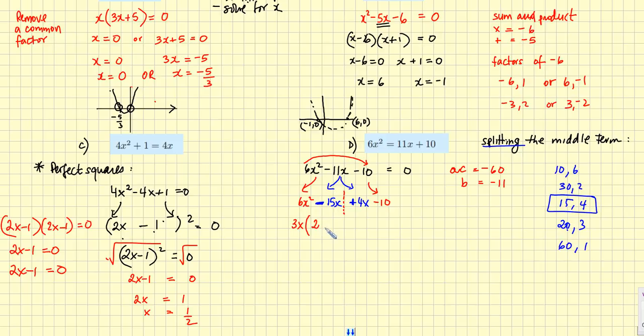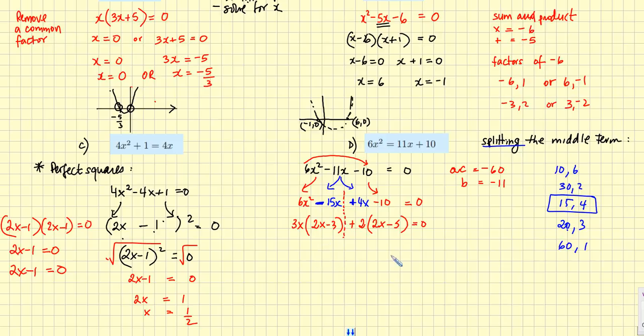And what's left over is a 2x minus 3. Now, when I look at the second half of this expression or equation, what I see is that I can take out, again, a 2. And what's really left over is another 2x minus 5. I was wrong on the first one, because when I remove